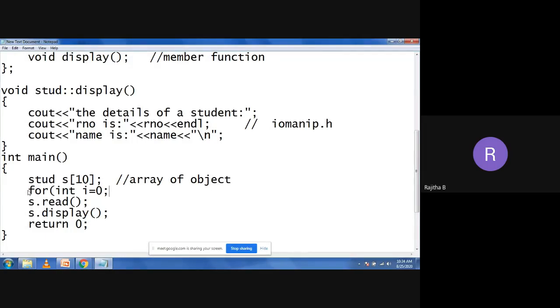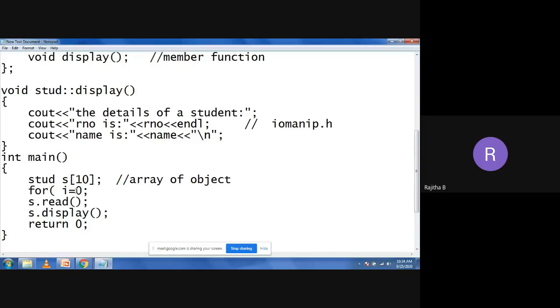Suppose you are taking the C language, and if I want to use the for loop and I'm taking the I variable here, in the for loop I cannot declare int I equals 0 like this in C language. So first you need to declare the int I at the declaration statement, at the first line of the main function. Then you need to take the syntax for loop I equals 0, I less than 5, I plus plus. But come to C++, at any statement, at any place, you can declare the variables. That is the advantage of your C++ language.